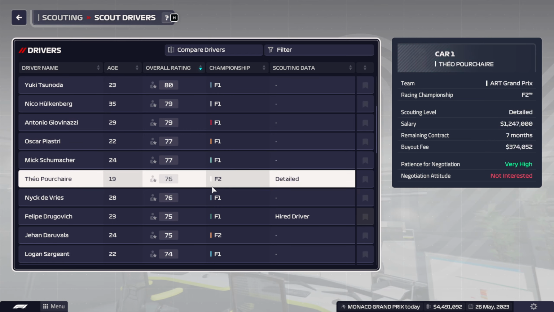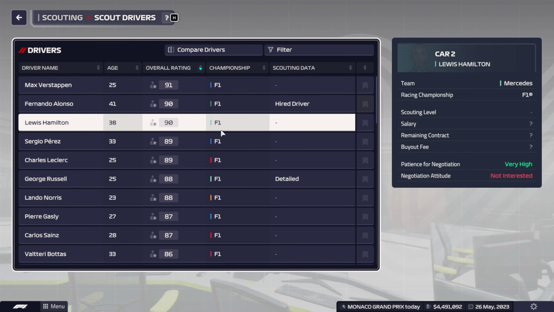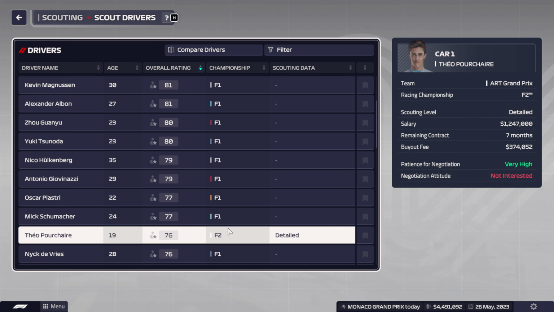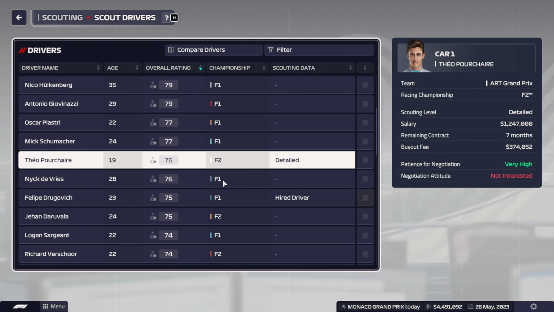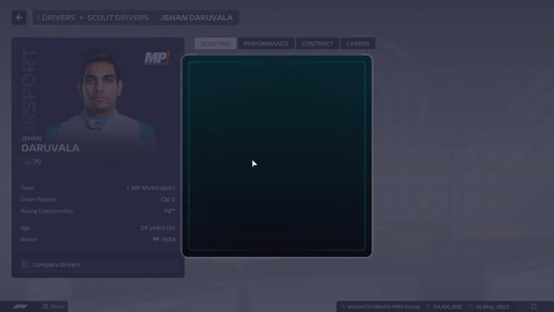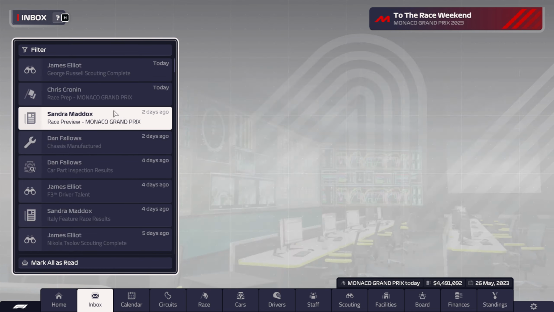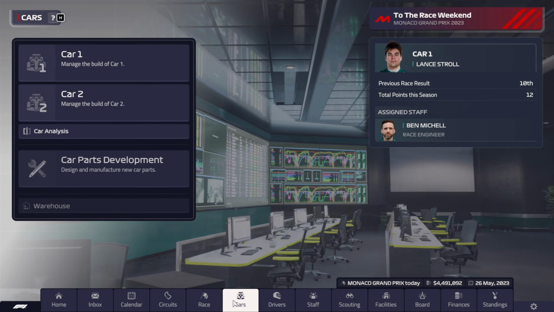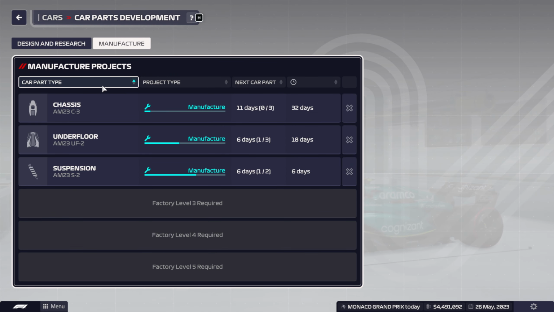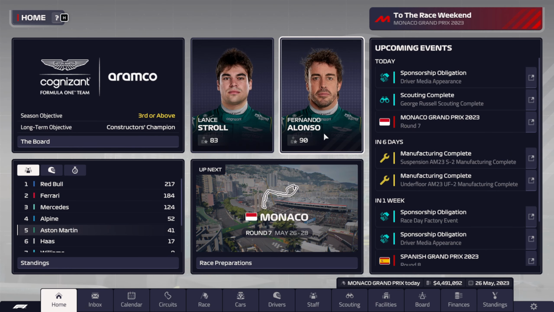Who is the next best free agent, basically? Or F2 driver. Porsche is not interested. Scout. He's 24 though. Let's scout him, and is also not interested. Yeah. We're not gonna have both cars with the new underfloor, unfortunately. Alonso will have to make use of the old one, but that is a problem for next episode